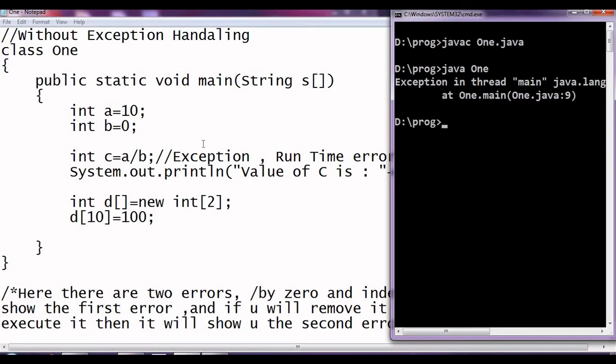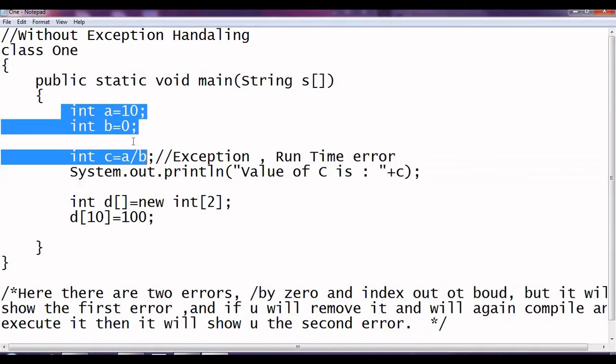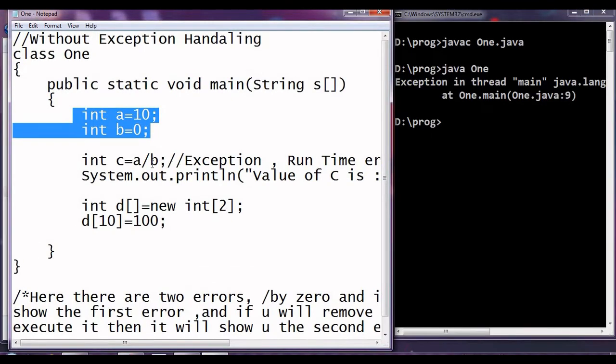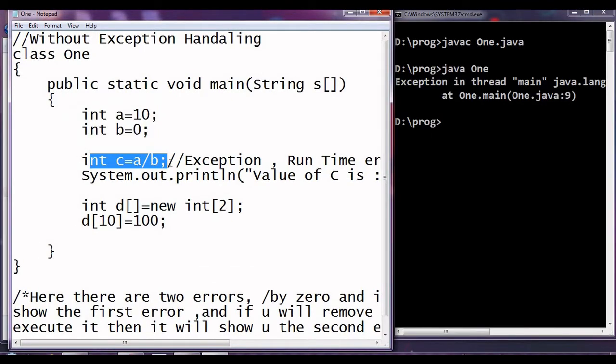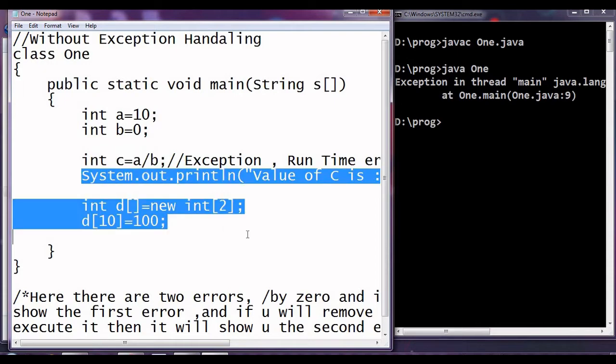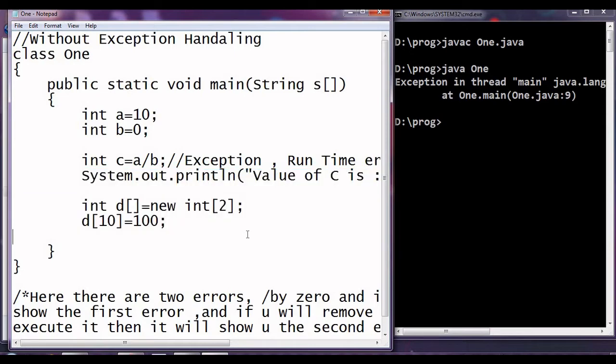So the point is that up to this point everything has been done properly, and then at this point we have an error, and from that one the rest of the portion has been skipped, and the program has been terminated abnormally.